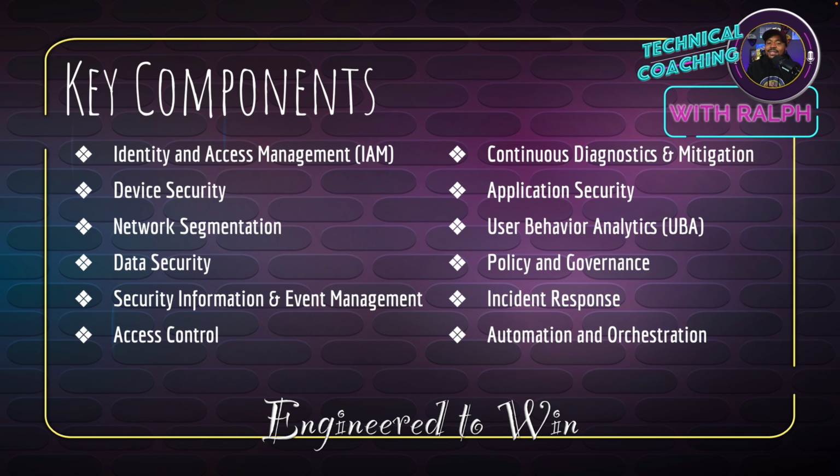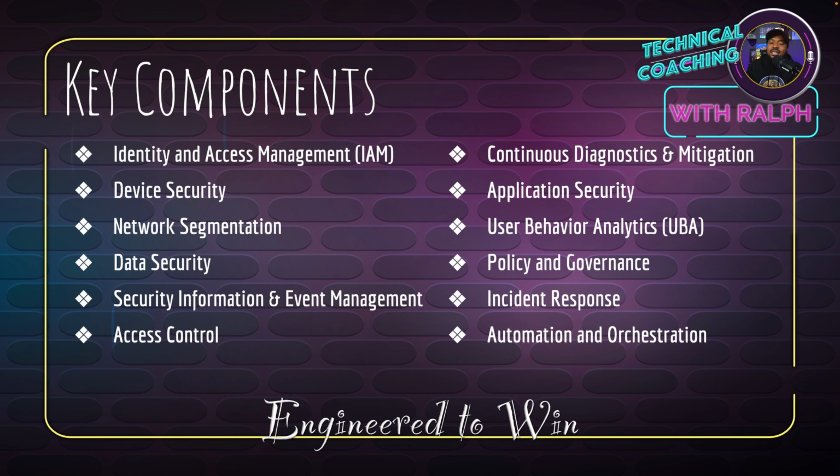Data encryption, encrypt data both in transit and at rest to protect it from unauthorized access. We just spoke about that. Data loss prevention, though. Implement data loss prevention solutions, DLP, to monitor and control the movement of sensitive data. The SIEM, security information and event management, real-time monitoring, analytics and threat intelligence, very, very important. Continuous monitoring, right? Just make sure, use analytics to feed the data, so you can make the smart decisions.